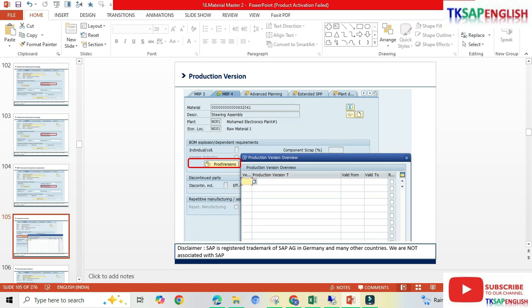There can be multiple alternative BOMs for a given product, like multiple bills of material. There can be different methods or tasks which can be used to manufacture a product. These different methods or sequences of activities can be maintained as alternative routings or routing groups. So SAP